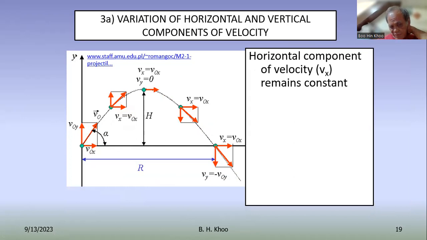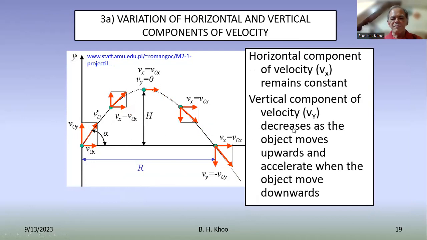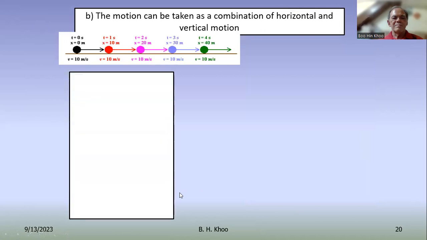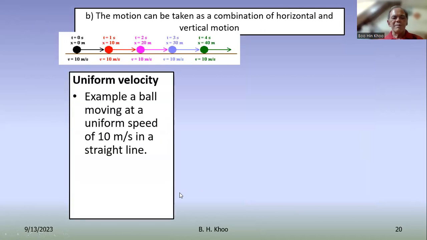Horizontal component of velocity Vx remains constant. Okay? That one remains constant, doesn't change. Vertical component of velocity Vy decreases as the object moves upwards. It decreases to 0 at maximum height, then with 0 velocity it must drop down. That's why it's increasing. Okay? And it accelerates when the object moves downwards. So we are just combining